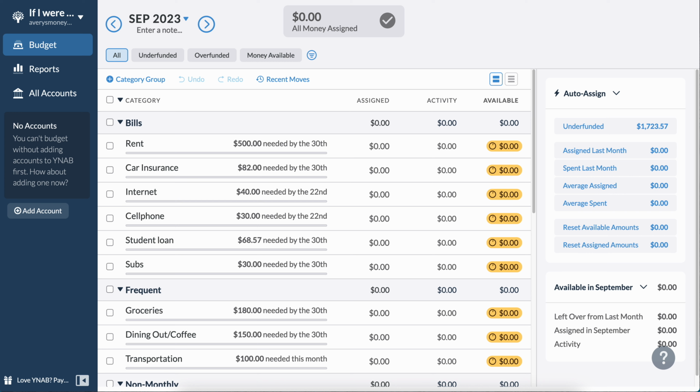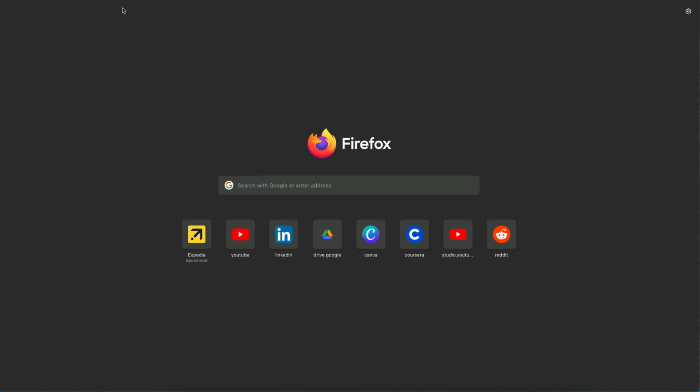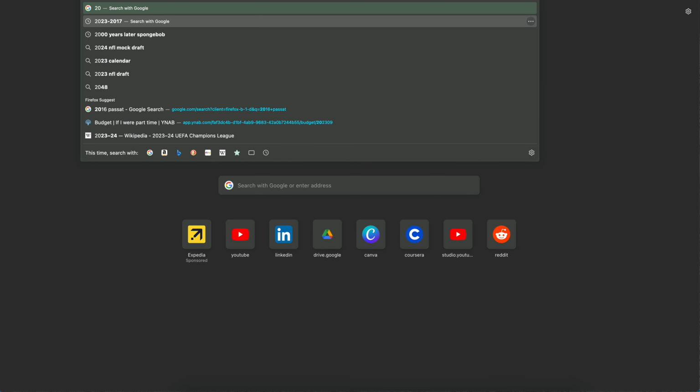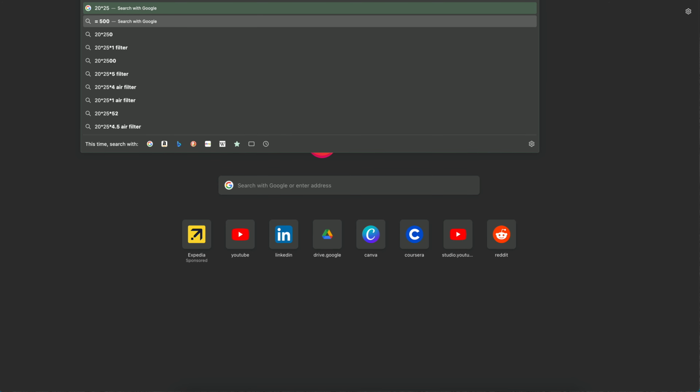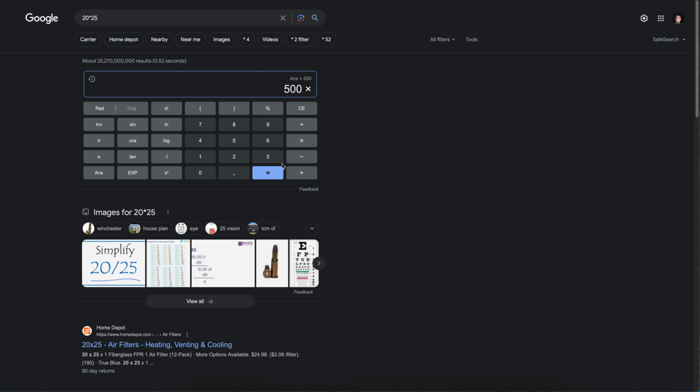So if I was working a job making $20, multiply it by 25 hours a week, multiply it by 4, and then take off some money for, oops, did that wrong. Try this again. Multiply it by 4, since there's generally 4 weeks in a month. Of course, that's not 100% accurate. And then take off some money off the top.